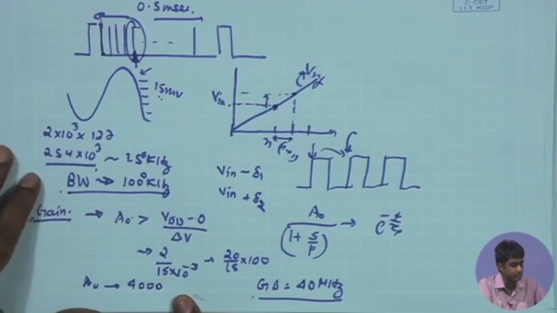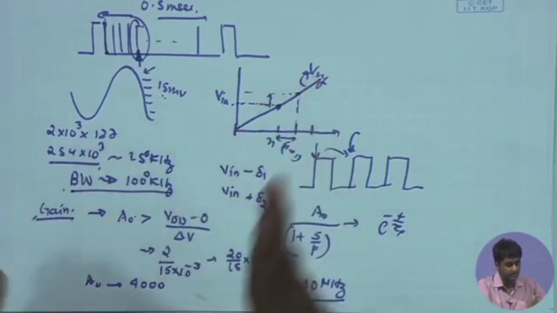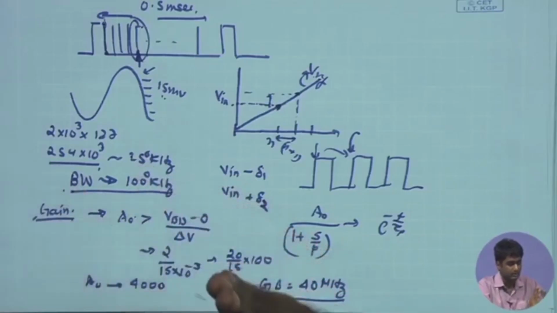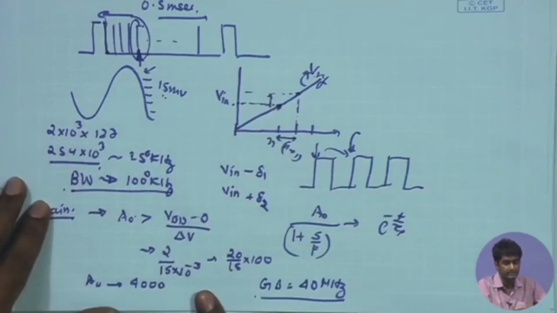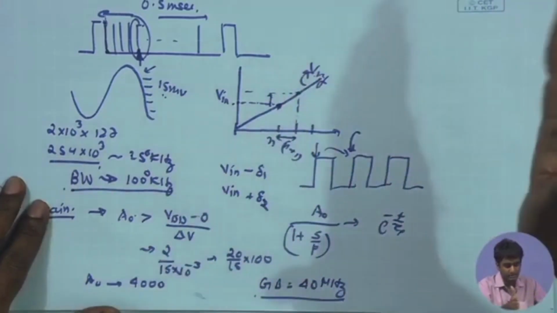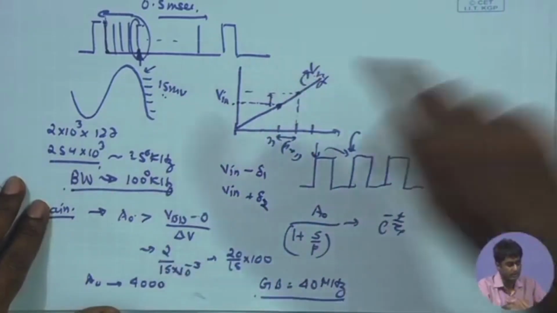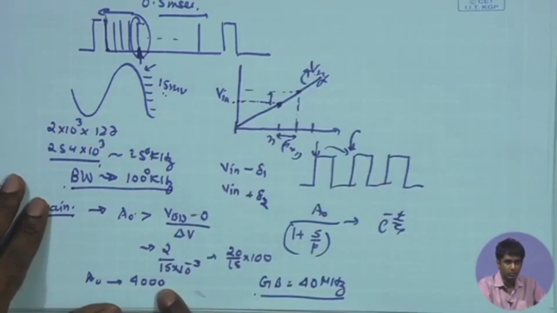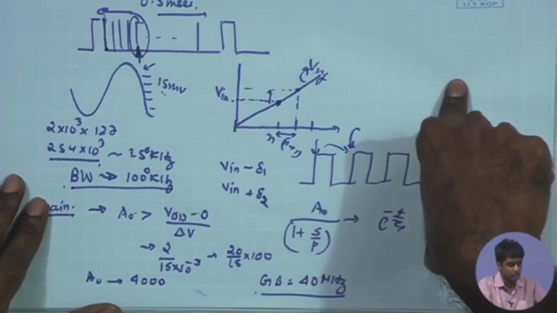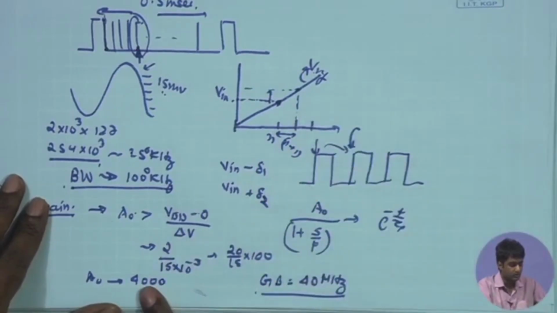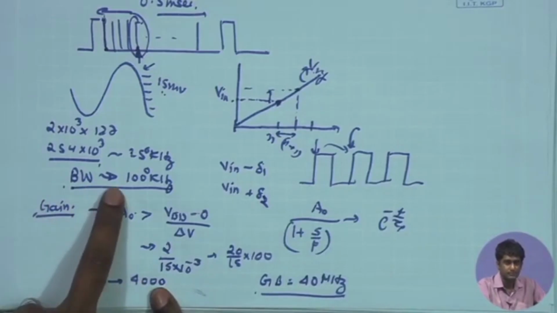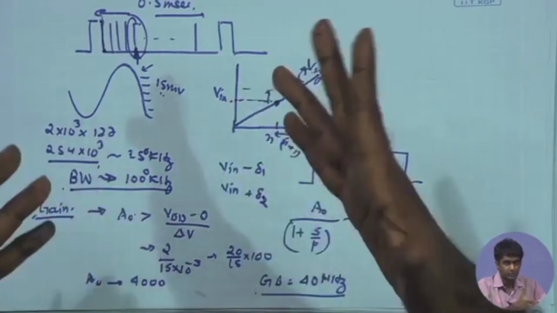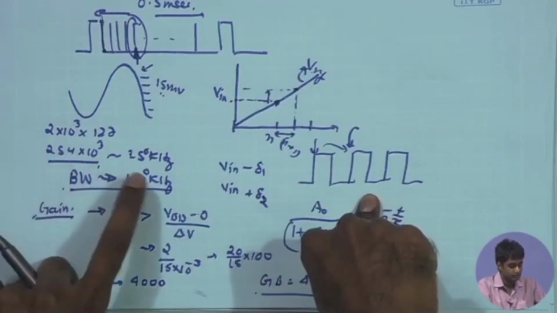That is because I have chosen the initial frequency to be slightly higher. If you look at the discussions earlier, we had restricted our signal frequency to 100 Hz, but here I have intentionally taken it higher, at 1 kilohertz, just to make sure that the design is a little more aggressive. Neural potentials can have signal content up to kilohertz, so that is a relatively upper limit. But still, I have taken that in order to have a more aggressive limit for the A0. That will just push my A0 up. So now, if I stick to the larger bandwidth requirement, say at least 1 kilohertz for the signal, then of course it seems like